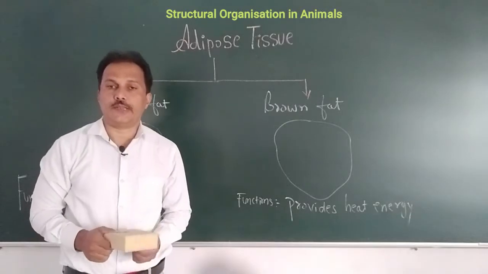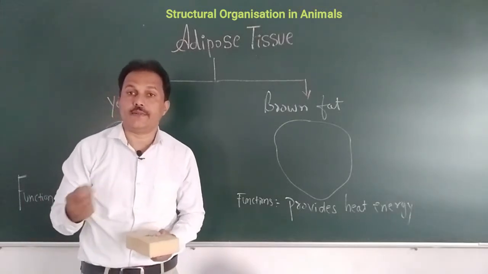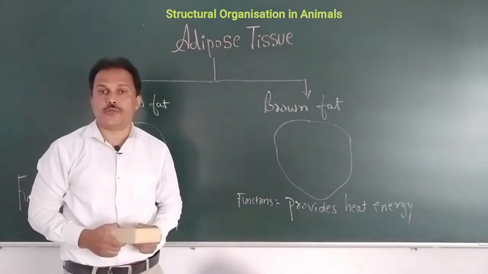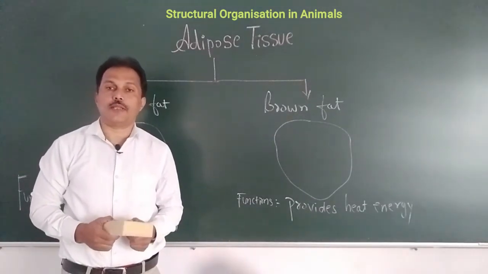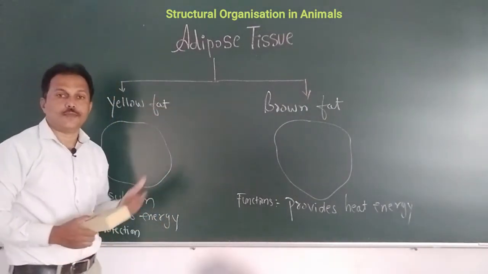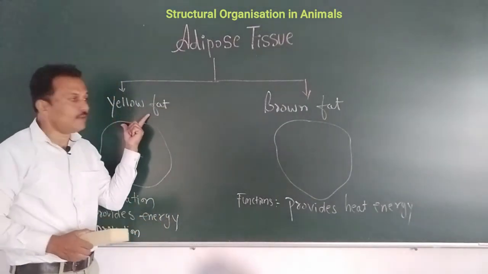We are going to discuss the loose connective tissue. In that we are discussing adipose tissue. So when we talk about adipose tissue, it comes in two types, one as yellow fat and second as